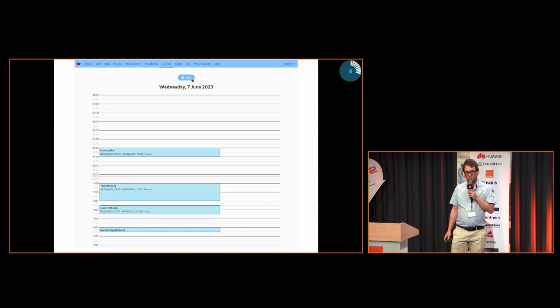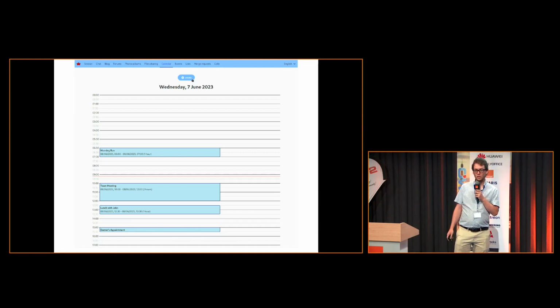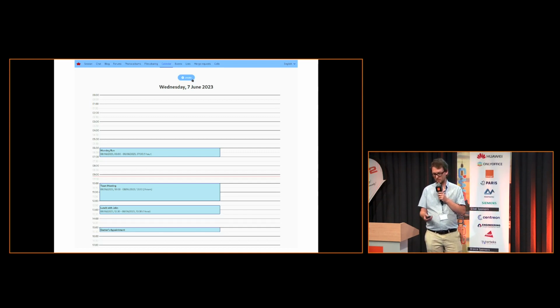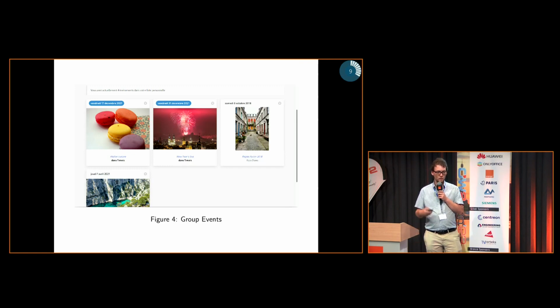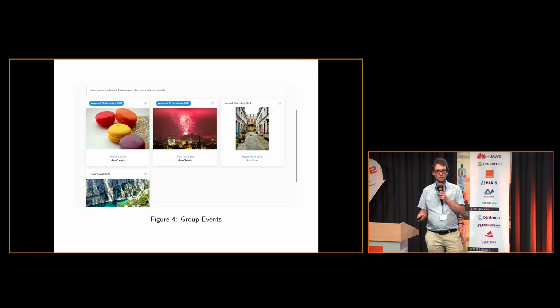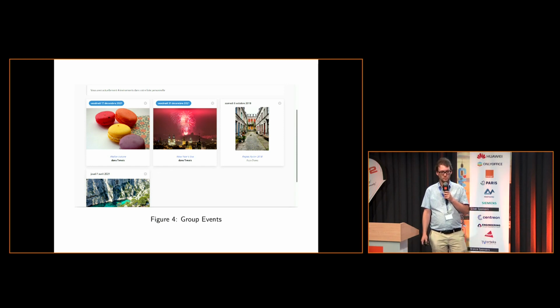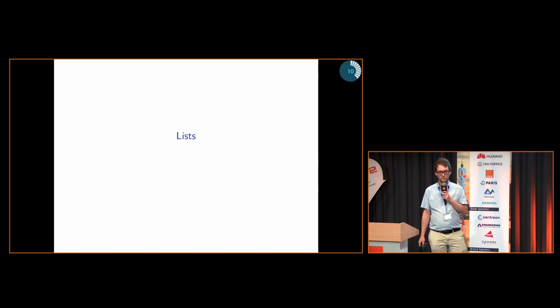We have events, two kinds of events: either personal events similar to Google Calendar where you can handle your appointments, meetings, etc. Or more elaborate events where you want to have a picture, you want to send invitations, you want to have the number of attendants. In this case, Libervia is also able to handle the invitation and to have an administration interface.